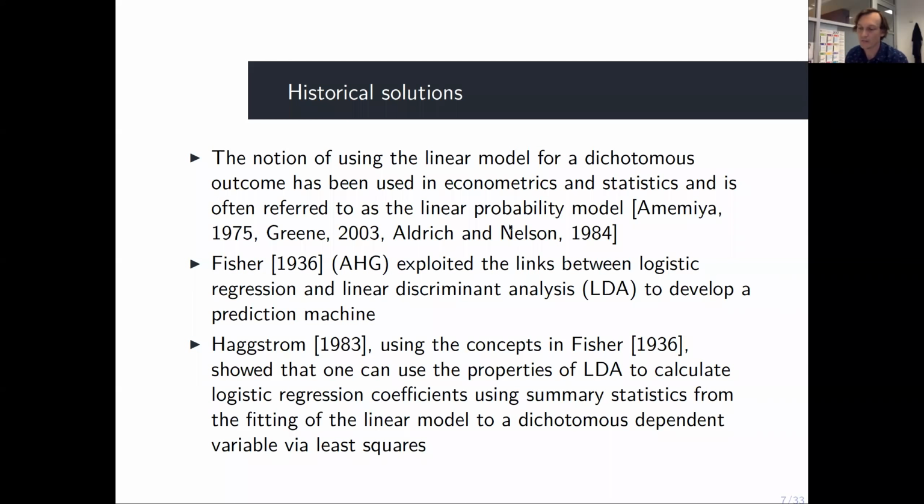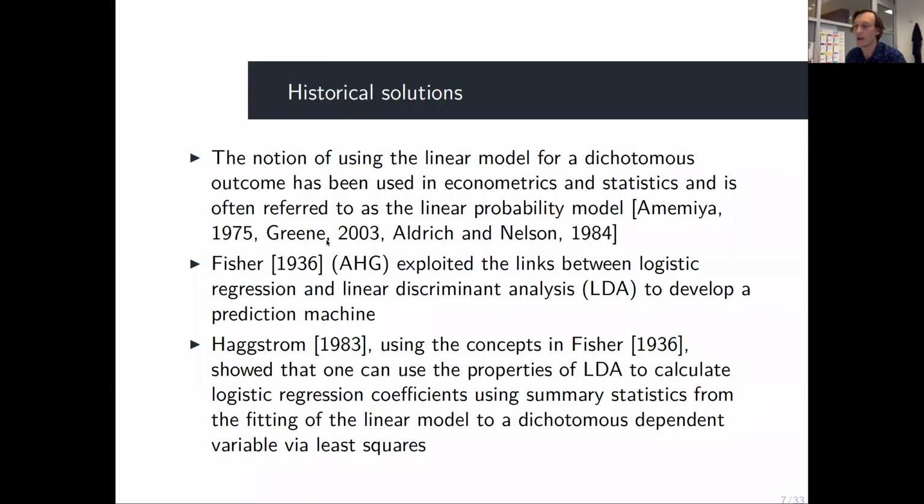So this type of model, and it seems a little bit crazy to want to apply the linear model for a variety of statistical reasons to a dichotomous outcome, but it has been used in econometrics and statistics quite a lot. And as stated in this nice text by Greene on econometrics, it's not beyond redemption, which is kind of nice